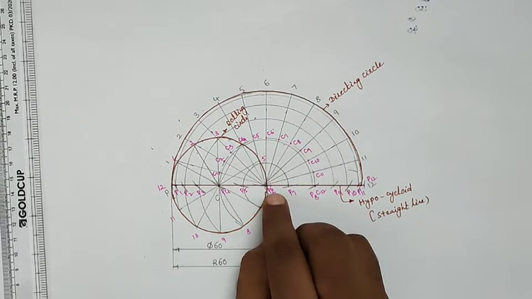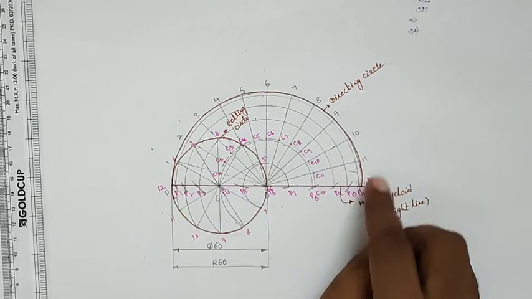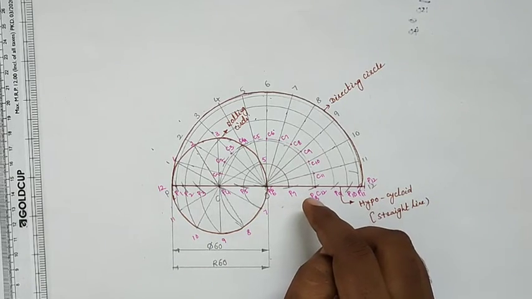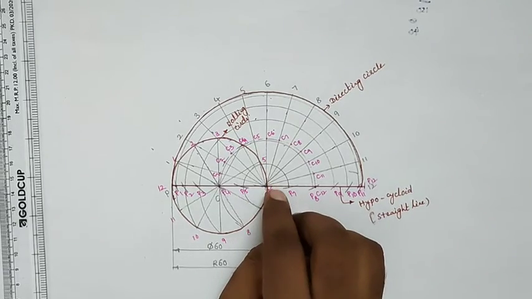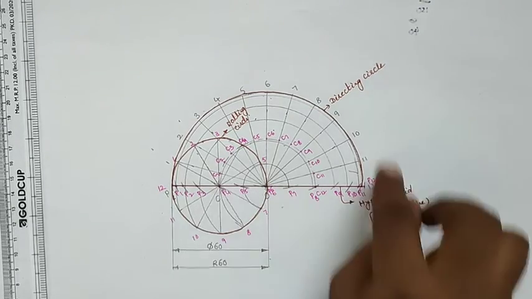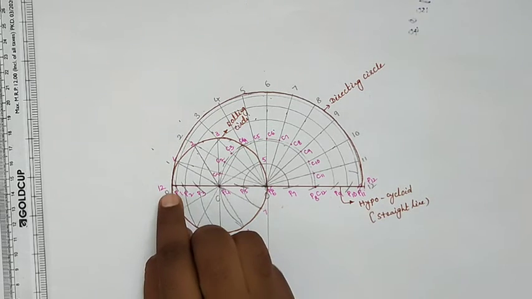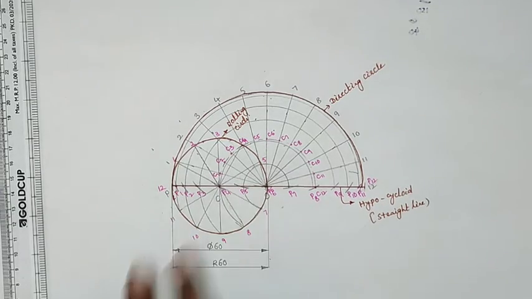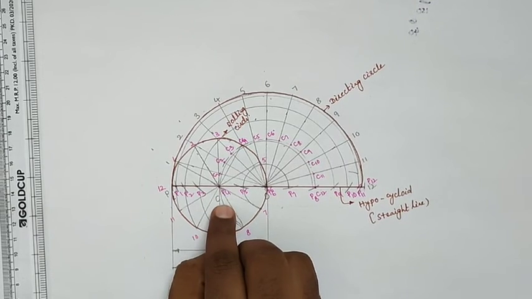First of all, we will locate the center of the directing circle as O. Through O, with the radius of 60, we will draw a circle, or an arc. After drawing an arc with the subtending angle of 180 degrees, we construct a semicircle like that. Then, taking the fixed point as 12 here, we will draw the generating circle with the radius of 30 mm. So from 12 take 30 mm and locate point P.